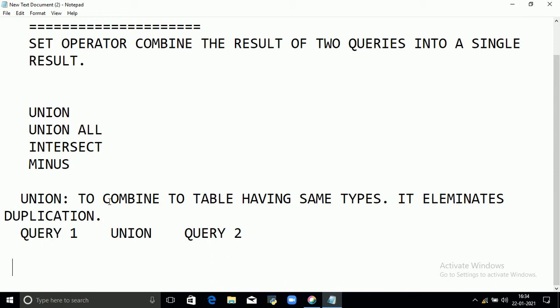So what is the difference between join and union?